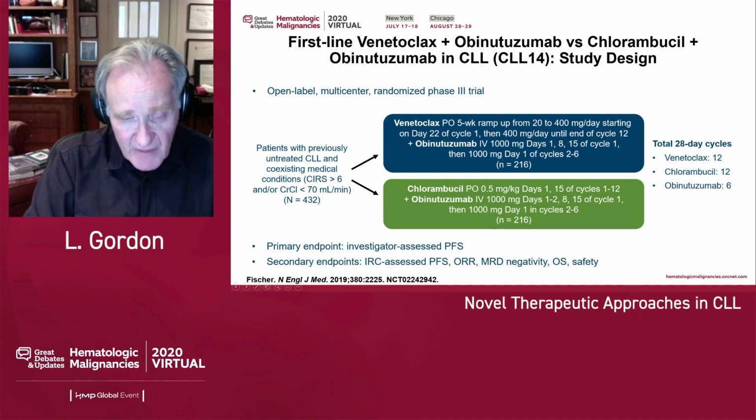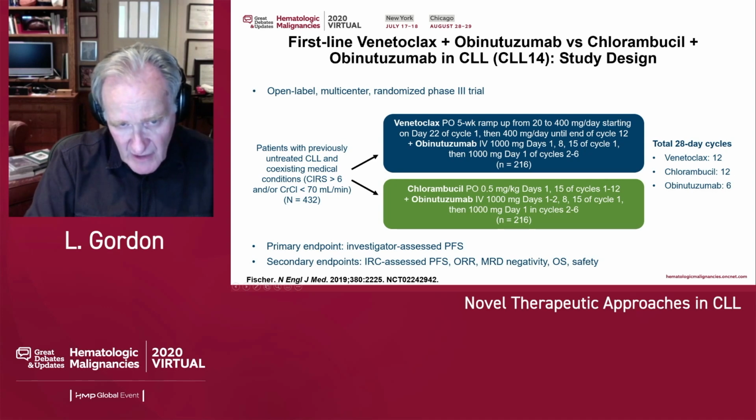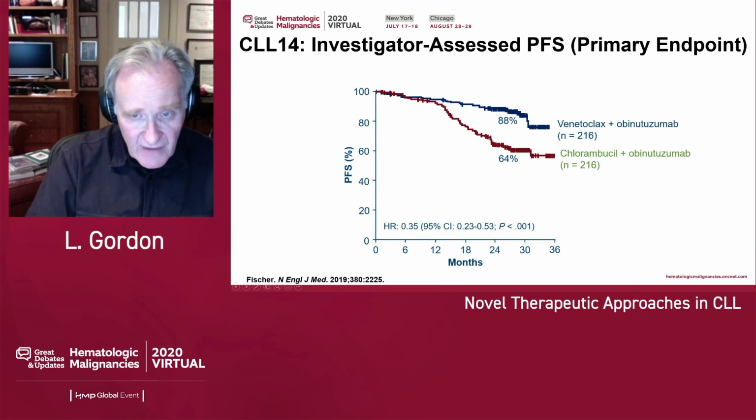Venetoclax plus obinutuzumab was again compared to the control of chlorambucil plus obinutuzumab. These are patients who had a CIRS score of greater than 6 or creatinine clearance that was less than 70, but they had coexisting medical conditions, so that's why they were able to give chlorambucil and obinutuzumab in 2015, 16, 17, and 18. I think that this is the comparison, and then what we find is that the venetoclax and obinutuzumab progression-free survival,